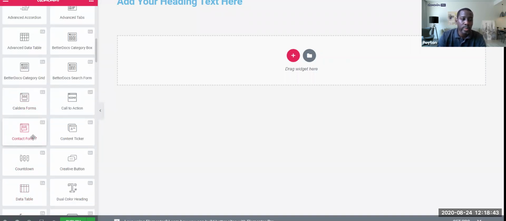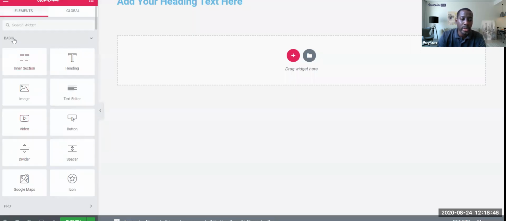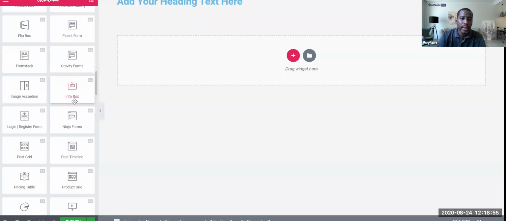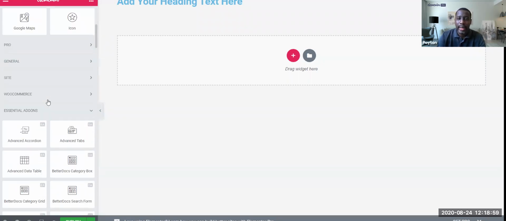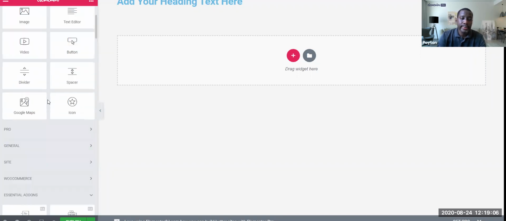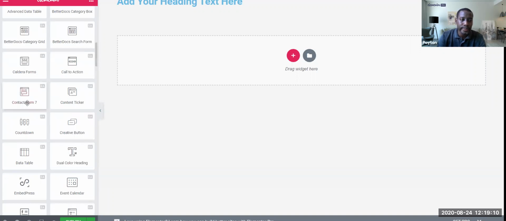options. Contact form 7, for example, if I go up here on basic, I don't have a contact form. So on the pro version, you definitely have a contact form, but you don't have it on the basic version. So by installing an add-on or a plugin that has other elements like this one, I can get other elements or widgets without having to pay any money. So I have a contact form. I have a countdown if I want to